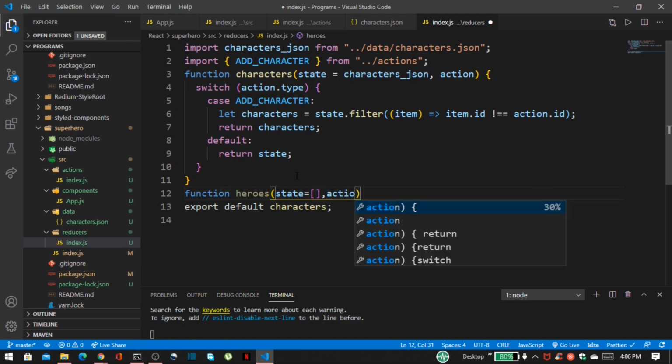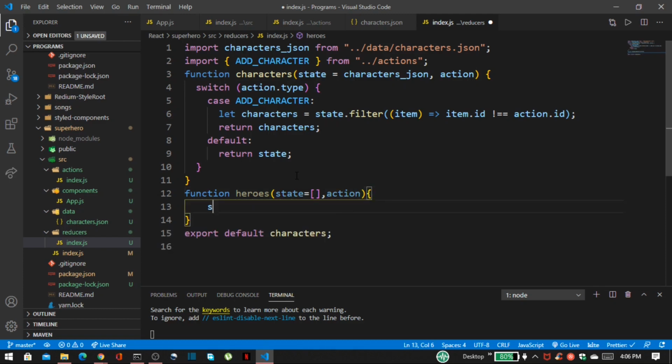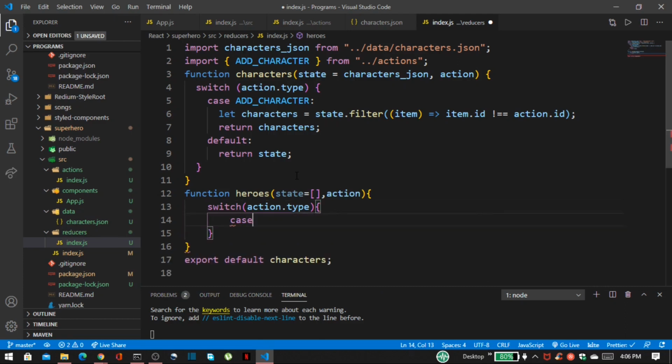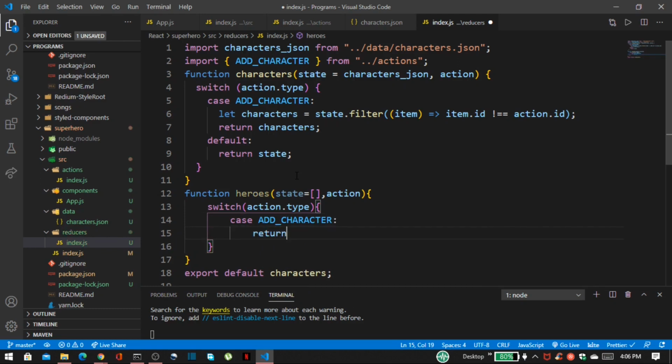This is convention. So inside that switch action dot type, case add character, by default return it, then default.